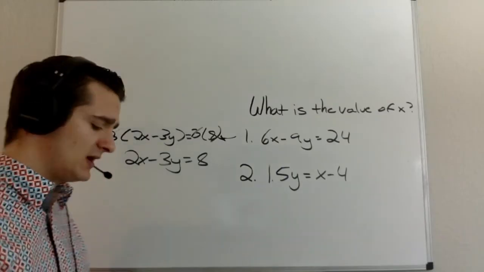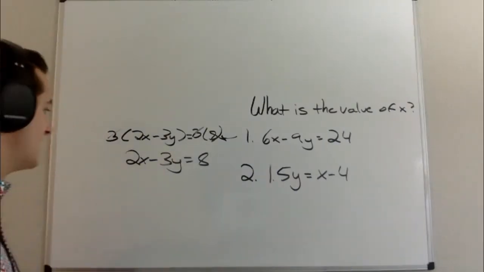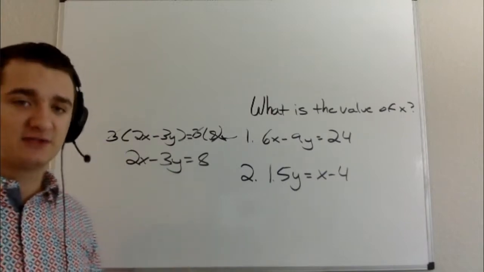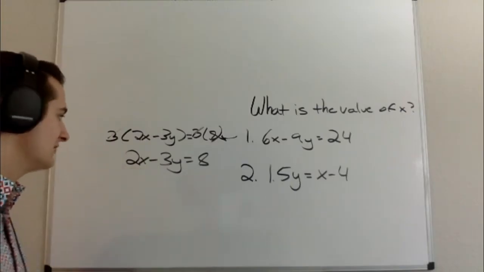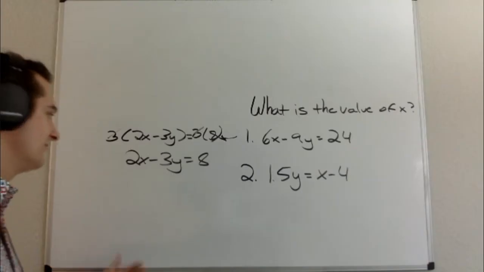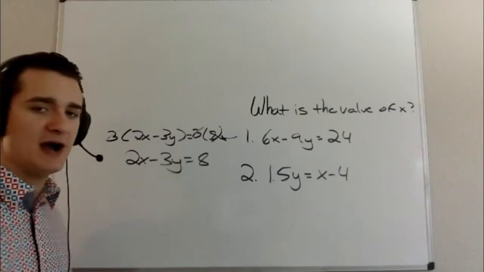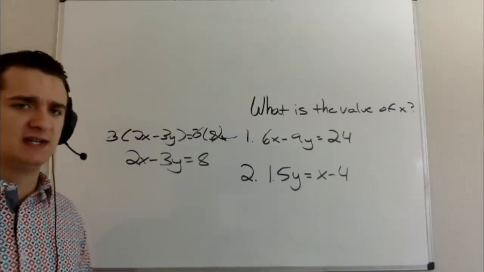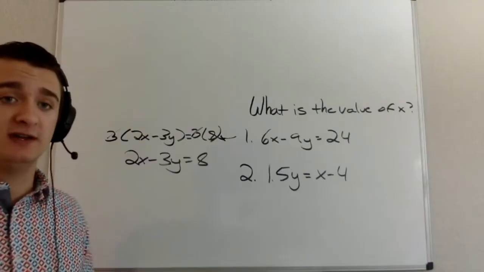Now, oftentimes what we'll see students do is go beyond this step, and rather than say, okay, 2x minus 3y is equal to 8, that's okay, I've solved far enough, they'll end up solving for x. And they'll say, well, I'm going to add 3y to both sides, then I'm going to divide by 2, and so you get that x is equal to (8 plus 3y) over 2. And that's not necessarily the most efficient way to solve this question, because one of the things that comes up pretty often on the GMAT is that